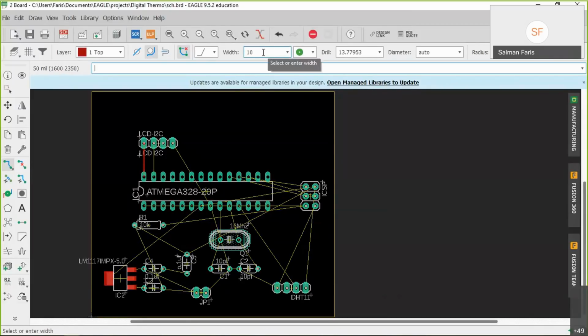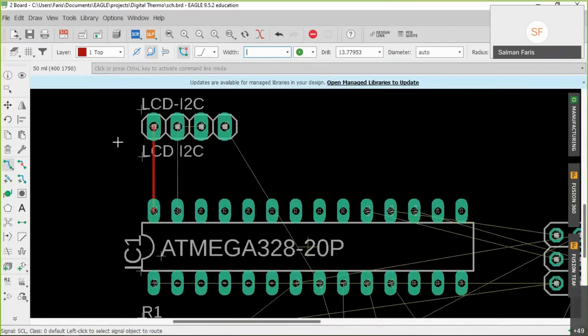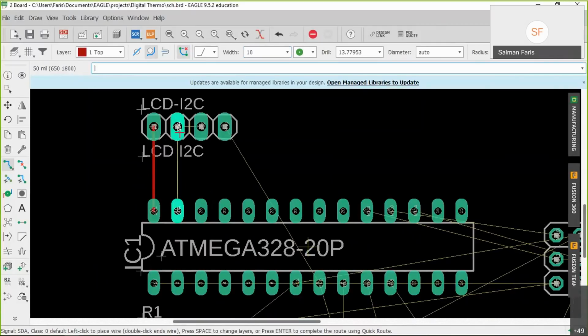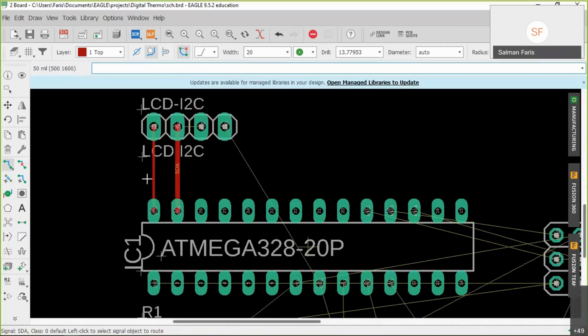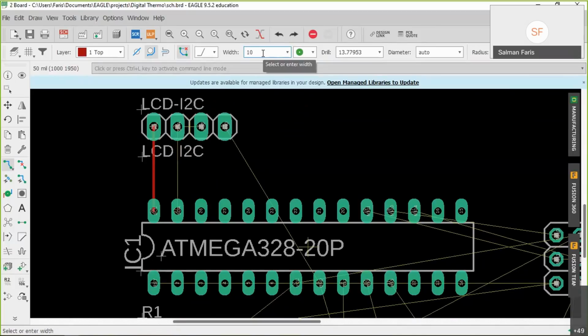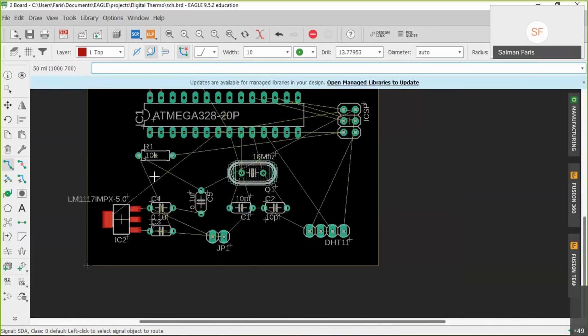We can also give 16. For some situations like the power adapter, we need to make the trace wider. Some components need to draw more current, so they actually need more copper. For that we can click here and take it to 20. You can see the difference between these. Right now we just need 10, so we're just using 10. I just connected these two. Next, I want to connect